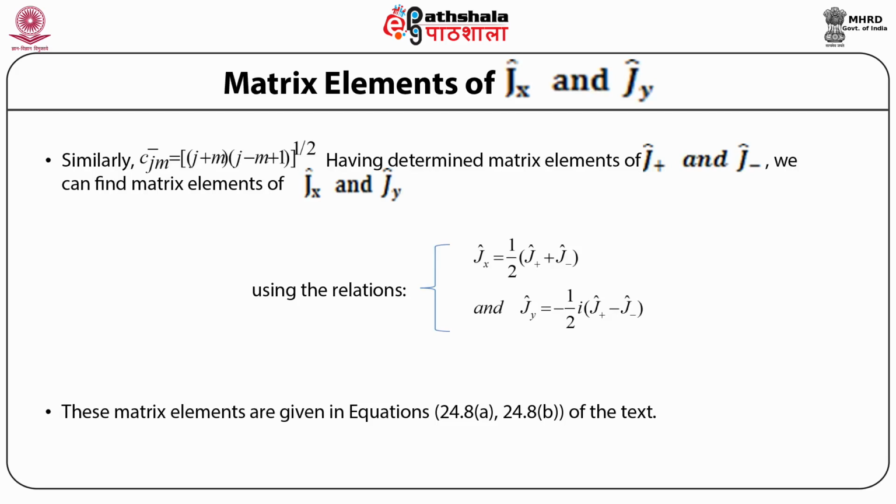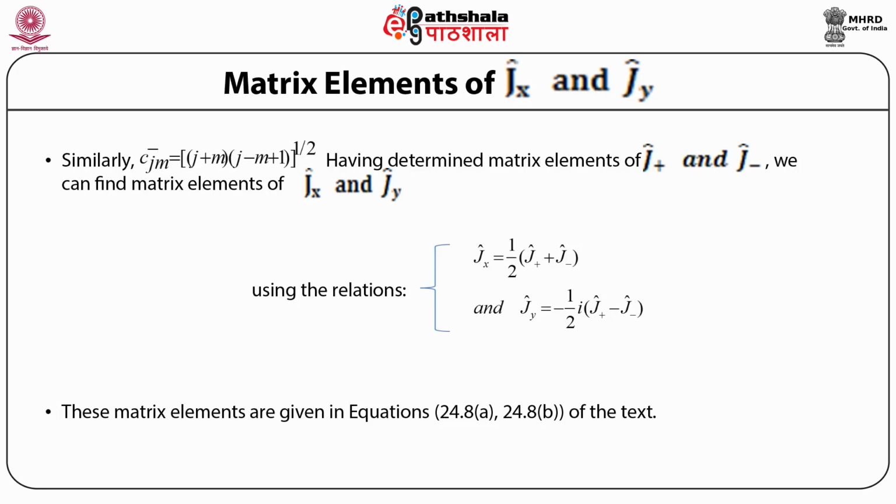Here the constants C dagger Jm or C plus Jm and C minus Jm, which are also sometimes referred to as the creation and the annihilation numbers, can be determined by equating the norms of the above equations, that is the scalar product equations of the operators J plus and J minus on both sides. So if we take the norm of these equations of operator J plus and J minus, and equate them, then what we find from the solution